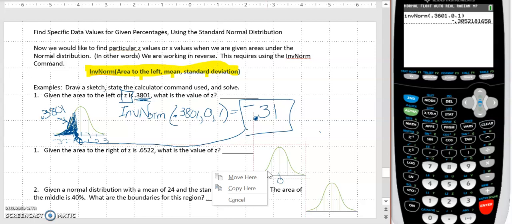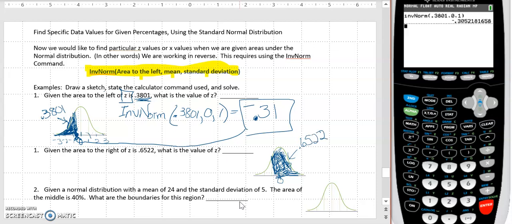I'm just going to estimate something here. We'll say this is 65% of the area, and that shaded part is